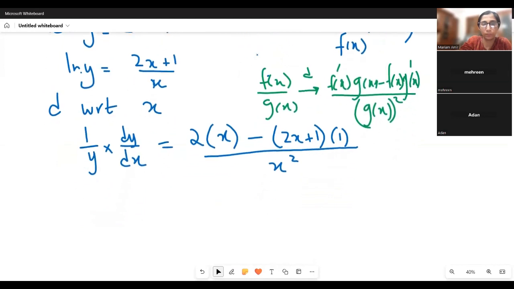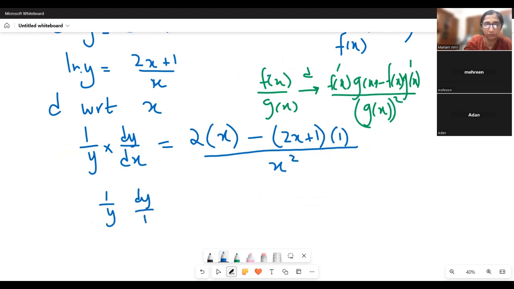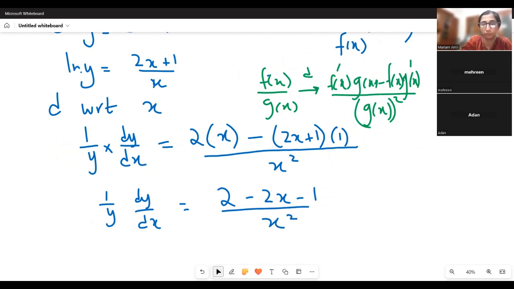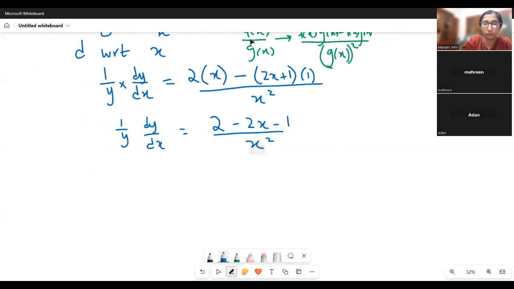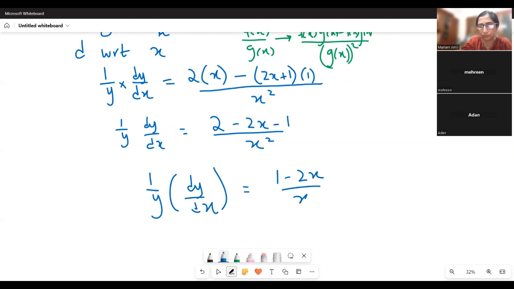So we're getting 1 by y dy over dx equals 2, and that's just minus 2x and then minus 1 upon x squared. So that's 1 upon y dy over dx equals 1 minus 2x upon x squared. Dy over dx will be equal to y times